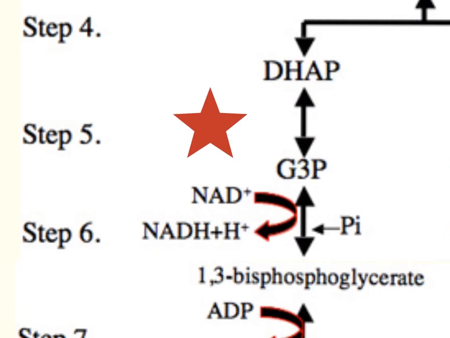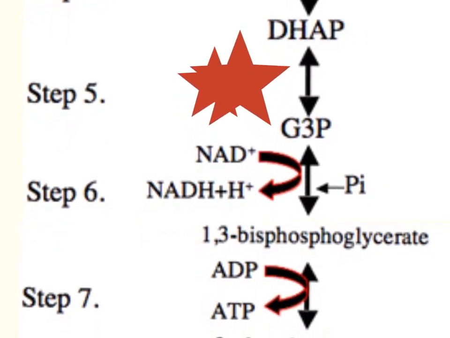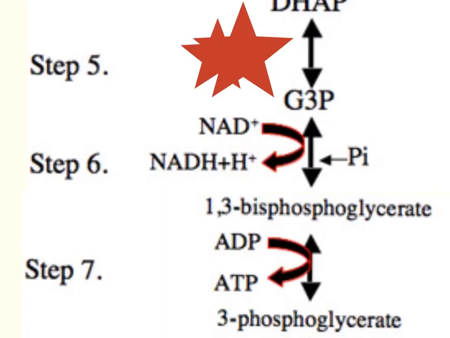One hydrogen and two electrons are taken from G3P and transferred to NAD+, allowing it to form NADH. As a side note, NAD+ is a reusable coenzyme that functions at the active site of an enzyme. Its ability to accept and transfer both protons and electrons is what allows it to switch between NAD+ and NADH. While this is happening, G3P is also combining with the phosphate, which results in the creation of